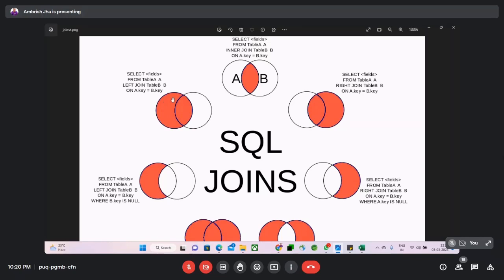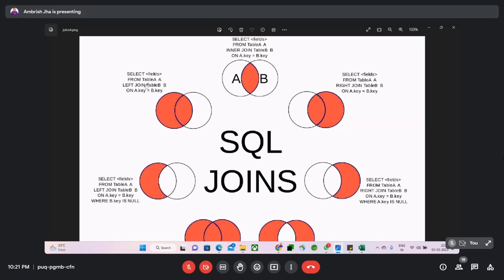Here what I am getting is all the records from table A and matching attributes from table B, and here I am getting all the records from table A and just removing those which are not present in table B. So this type of where B dot key is null, we are using this type of